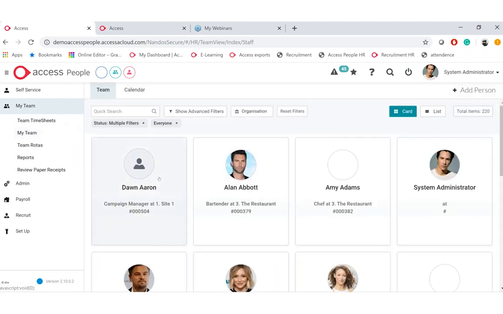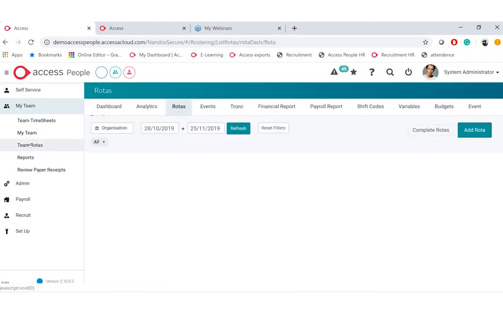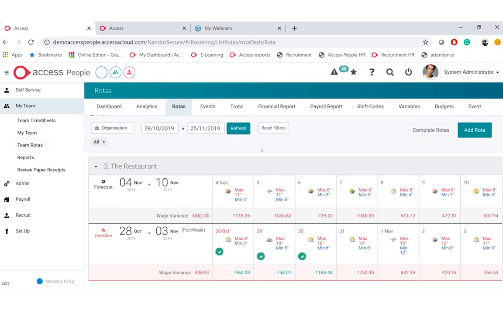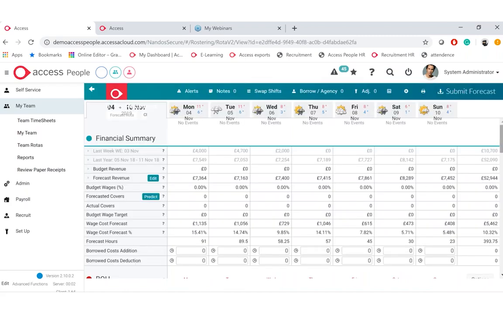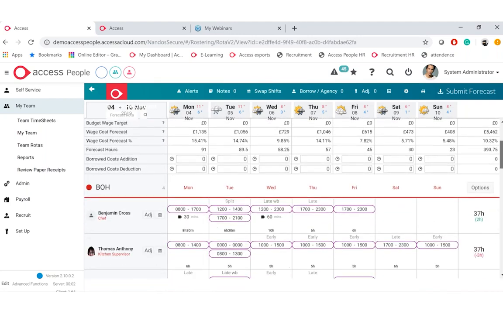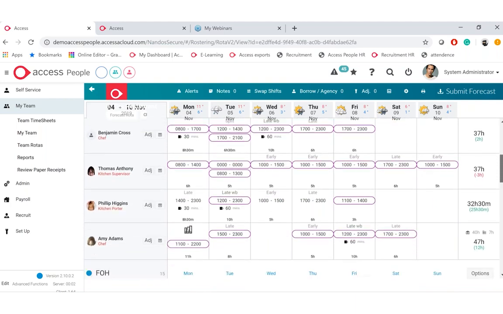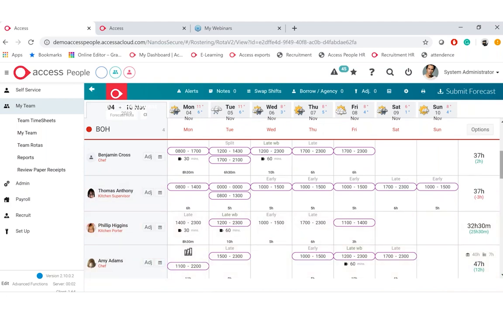What I'm going to do now is show you the rotas. What we can do is ensure that when a post is recruited for, we can identify if that post relates to a rota. So if we've got multiple stores, hotels, etc., we can ensure that when we put that individual on, they will be pulled through to a rota. This is a rota system, and this is also accessible on a mobile phone to an individual. They can log in at any point and see clearly what shift they are on.